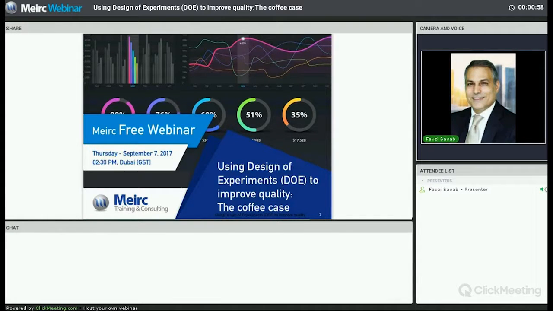We continue to use it during certain stages where we need to make decisions about screening, i.e. selecting the right variables that affect my output, or Y. And sometimes we need to actually decide on the amount of the X's, or the variables, to achieve the optimum Y. Hence, we will use today a very powerful software called Minitab to understand how we can affect or improve